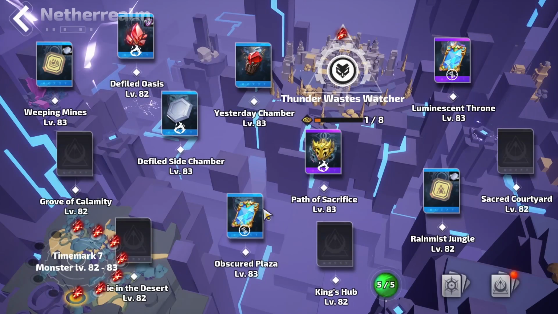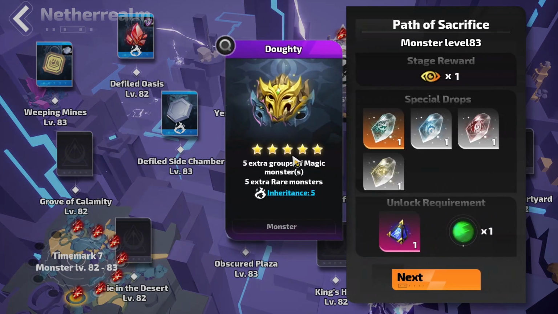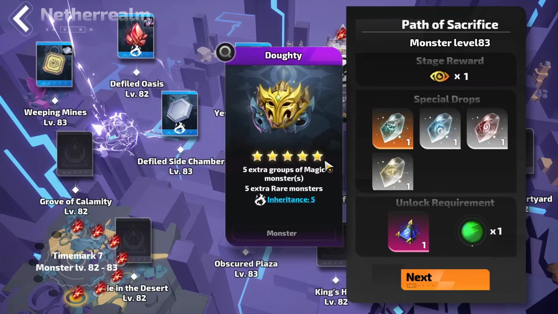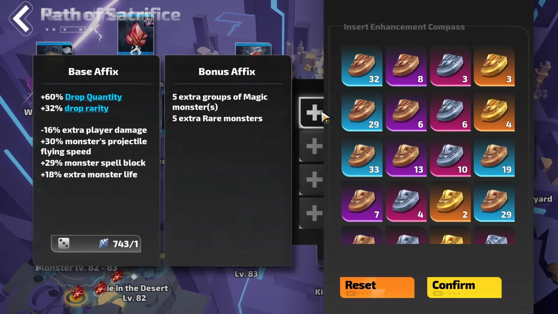I will have all of 5 maps. I will have just a bunch of embers from magic monsters. So I can stack this, more magic monsters. And of course, on top of that, we go into the next section, which is going to be